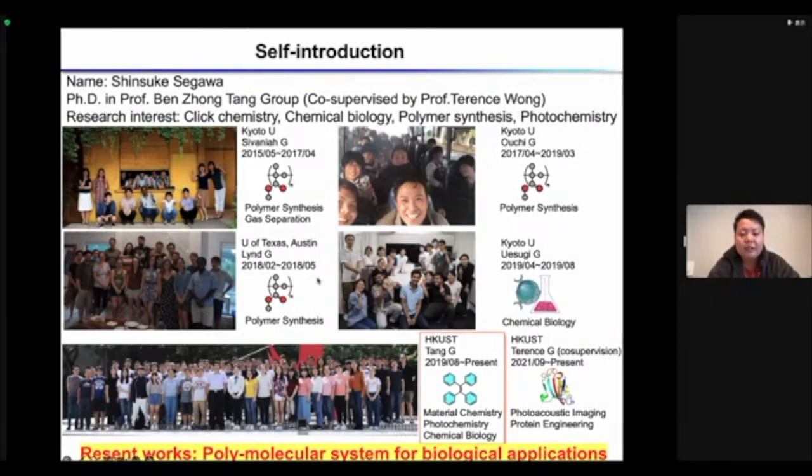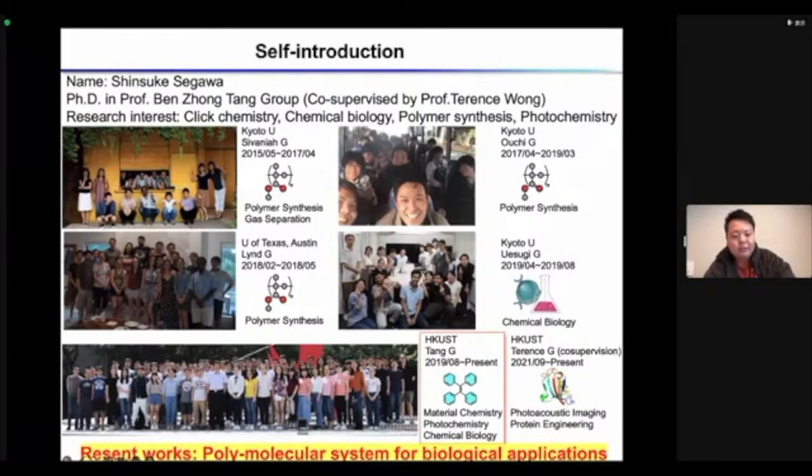When I was an undergraduate student, I joined the Professor Sivania group and Och group at Kyoto University and Professor Ring group at the University of Texas Austin to study polymer synthesis. And after my master's to PhD study, I changed my field to chemical biology under the Professor Ursi group and Professor Ben Zhong Tang group. So now I'm doing mostly bioimaging, but maybe because of my polymer synthesis